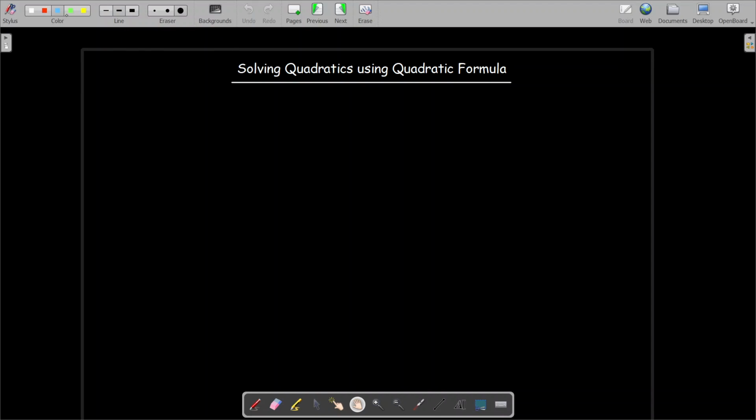So let's do this. First of all, I'm going to write the quadratic equation. Let's say we have ax squared plus bx plus c equals 0. A cannot be equal to 0. Remember, a cannot be equal to 0. This is the standard form of a quadratic equation, and the solutions of this equation